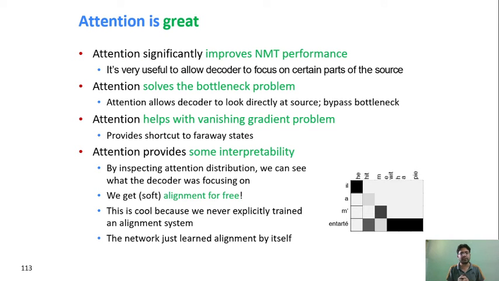Before jumping into that, we'll see the importance and the benefits behind it. First, it is improving neural machine translation performance at a very high rate. It also solves the bottleneck challenge, and it solves the vanishing gradient problem. On top of that, it adds more interpretability. It gives the attention alignment free of cost. You do not need to work on alignment separately; your attention is providing the alignment to you.